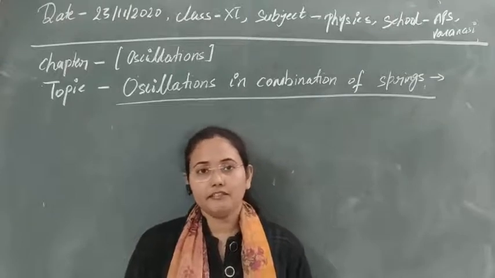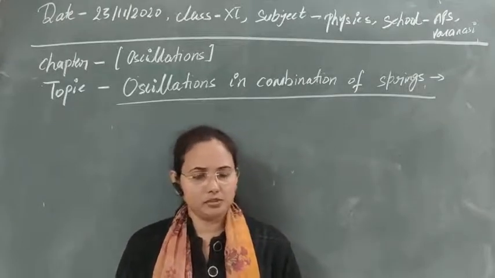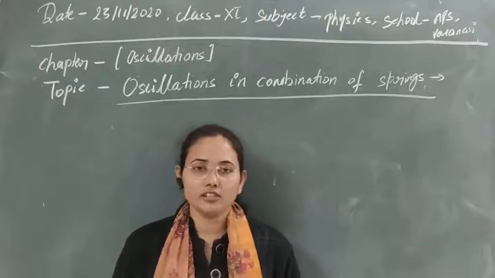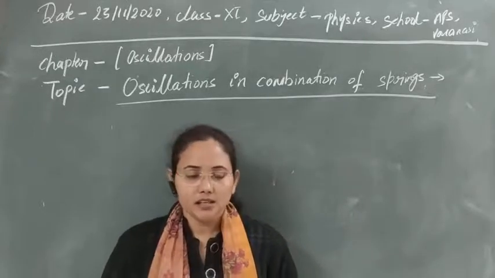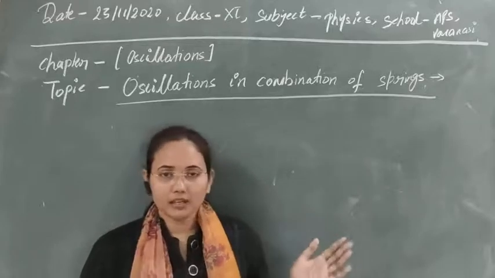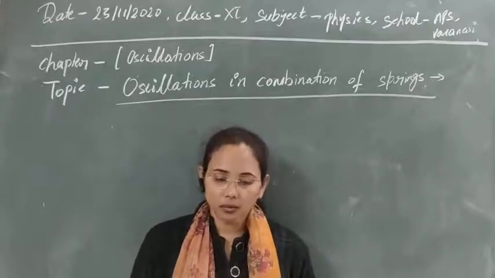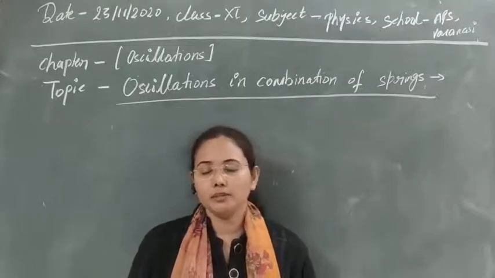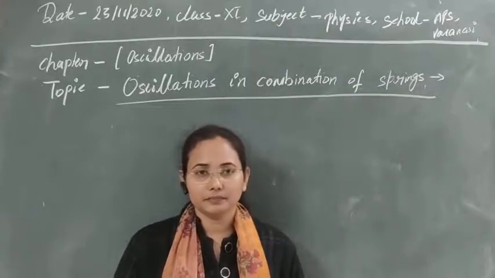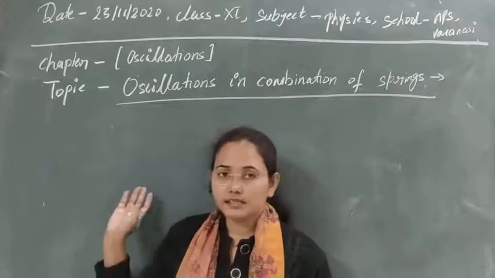And simply, if we are combining two springs, suppose for example we are taking first two springs, after that you can generalize this to any number of springs. So first of all, here we are going to study the combination of springs. In which forms we can combine springs, all of the possibilities we will discuss here. So today let's start that.